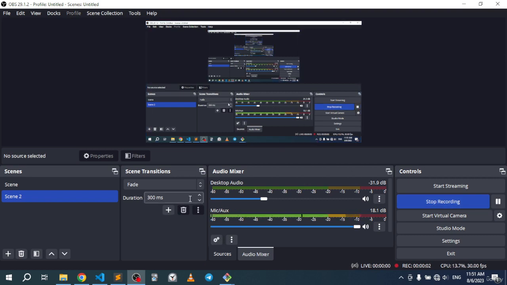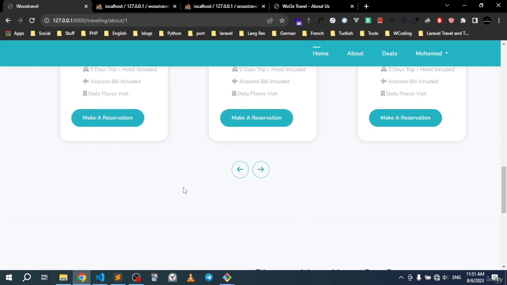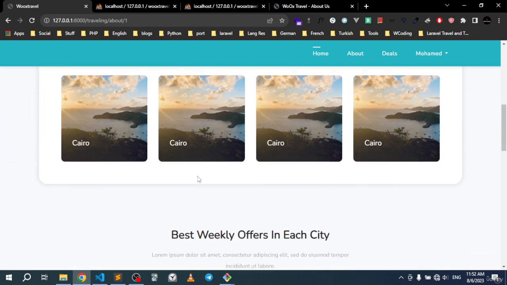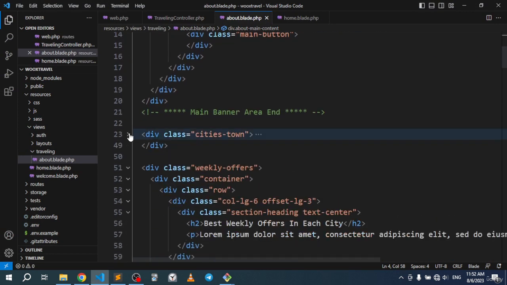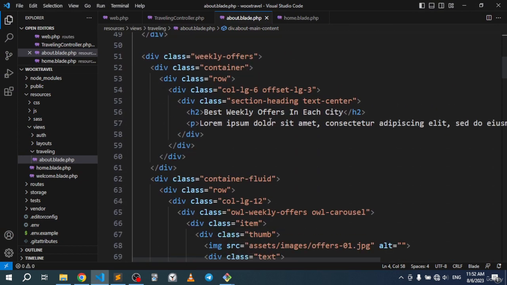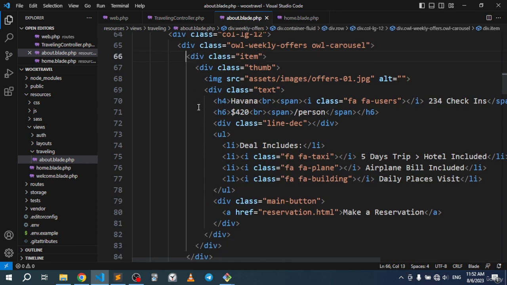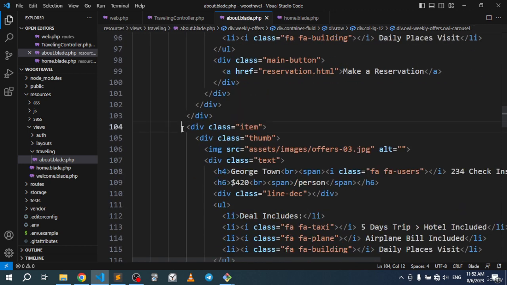All right, so let's go ahead and display the cities in a more detailed way at this section right here. Let me see, if I go right there and minimize this, as you can see, best weekly offers in each city. So there is actually the part where we're gonna display the cities. There is an item right there, and an item right there, and an item right there, and